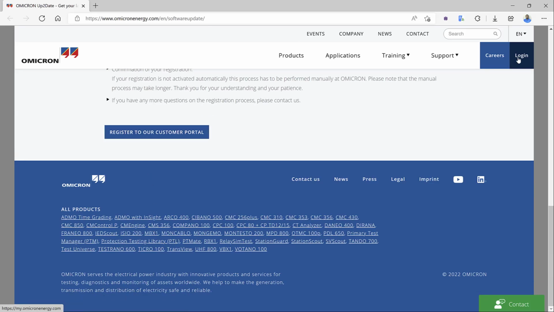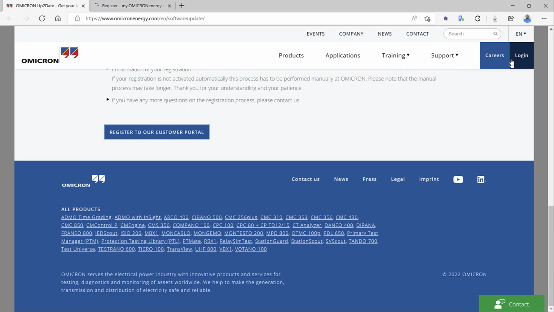And you can also launch the Omicron Customer Portal login from the top right corner. And this is an alternate option. You can also get the link to register for the Omicron Customer Portal if you do not have access already. And if you have access already to the Omicron Customer Portal, you can also select the login option,